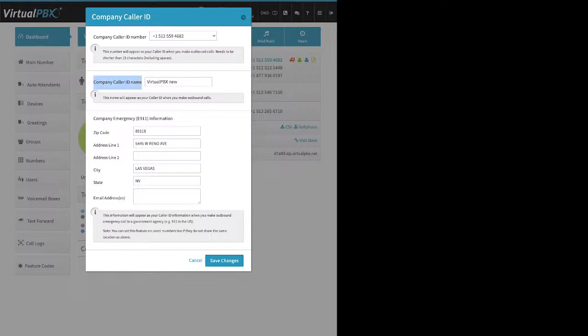Now, if you entered information in the company caller ID name field, after you click on Save Changes, this information gets transmitted to the other carriers who support this feature. It takes them about 3 business days to update on their side, sometimes a little bit faster. Some things to be aware of about the CNAME feature. We can only control what we send out. What the other carrier gets or displays on the phones on their network, we can't control. Right? So we send it out,